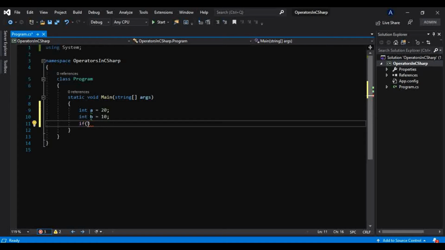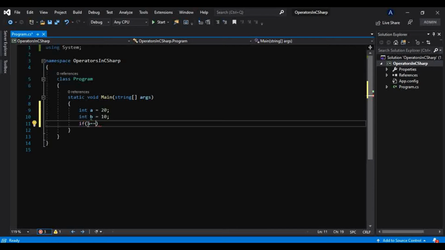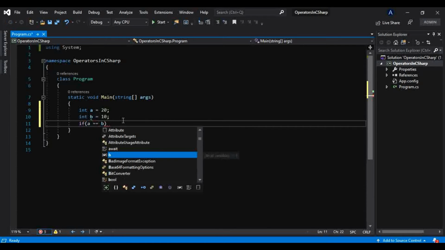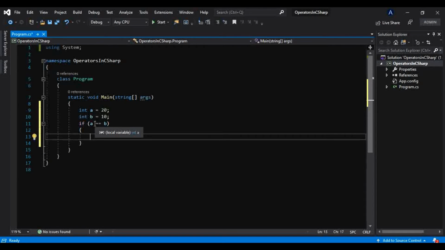There is the equal to operator, and to find if a is equal to b, I can use a equal to b. It returns a Boolean value. All these comparison operators return true or false only. If it is true, it returns true, otherwise it returns false.